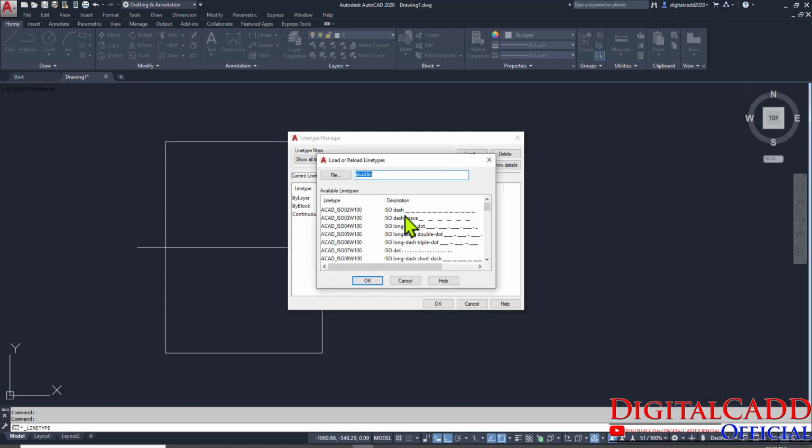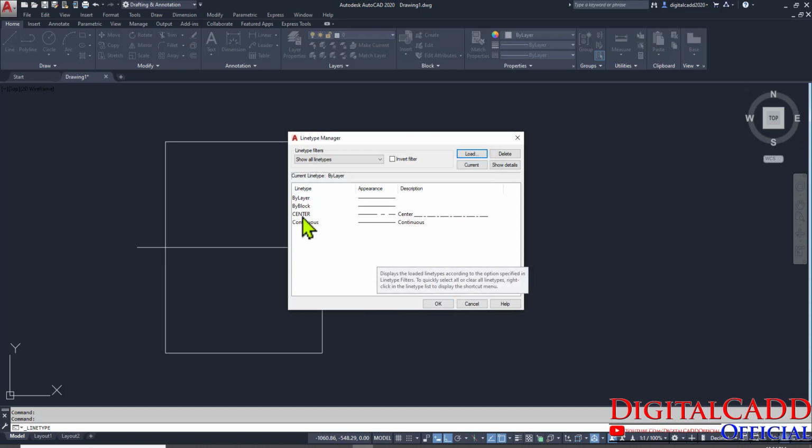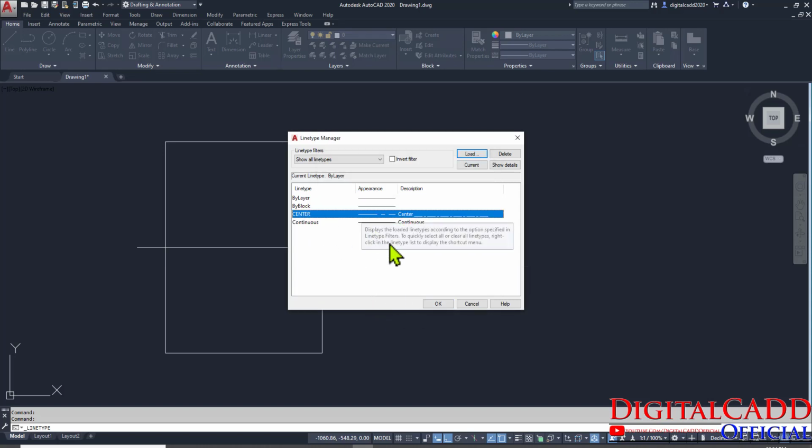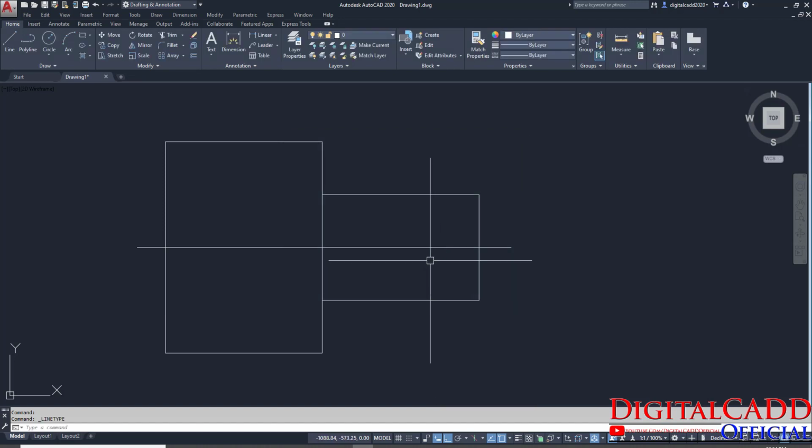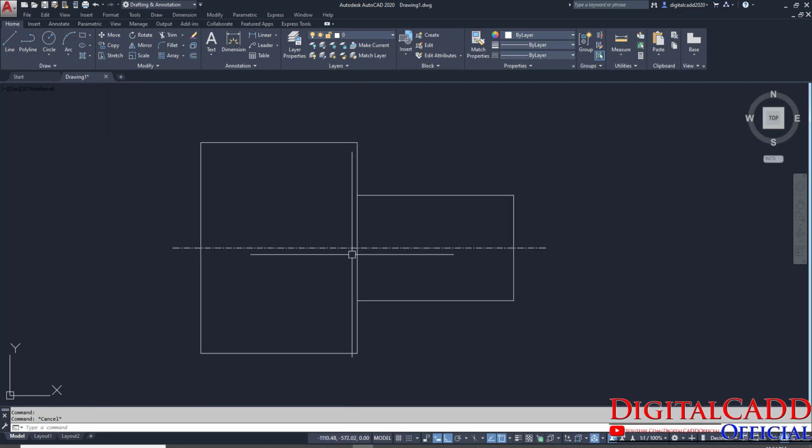Just click here and select any one and press C. It means center line is automatically selected, and then okay, here we can see the center line loaded. Say okay to it, and then select this continuous line and go to this option and just select this line type. So we have created a center line here.